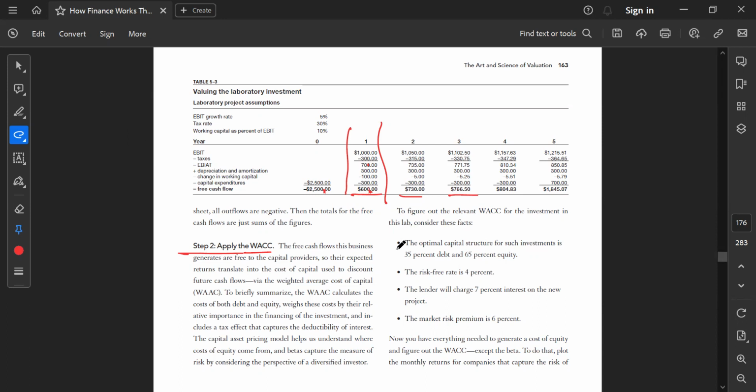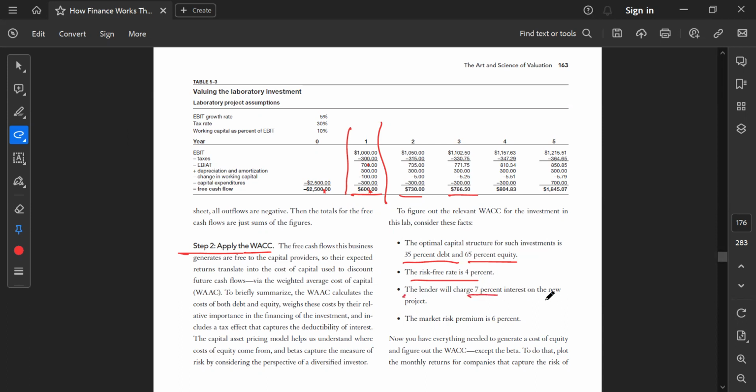So उसके लिए हमने यहाँ पे देखा कि optimal capital structure for such investment is 35% debt and 65% equity. Risk free rate of return is 4%. हमने पहले चैप्टर में पढ़ा है कि वेटेड एवरेज कॉस्ट ऑफ कैपिटल क्या होते हैं और कैसे निकालते हैं, राइट।